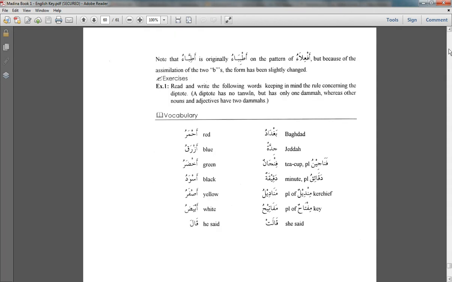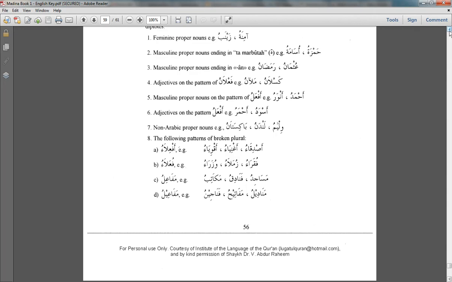Remember that wherever you are getting the fa, ain and the lam, that's where the root letter is. So let's say, for example, af'ila. Where is the fa? Here, qaf. Where is the ain? Wa. Where is the lam? Ya. So qaf, waw, and ya are the root letters. I believe I've mentioned before, fa, ain, and lam are basically like x, y, z that we have in algebra. Similarly, fa, ain, and lam indicate where the root letters go.